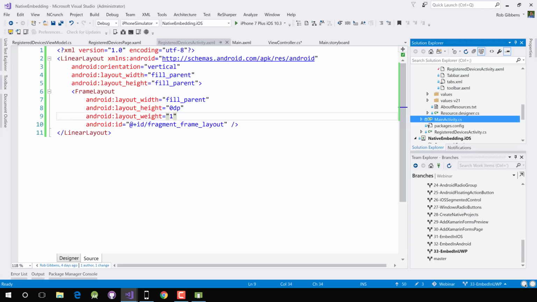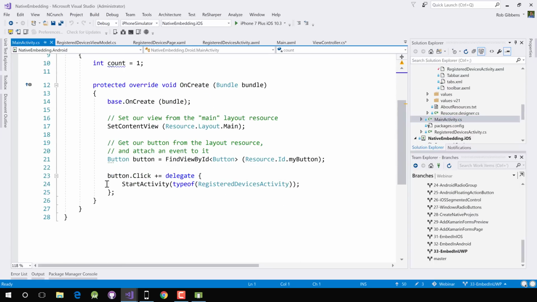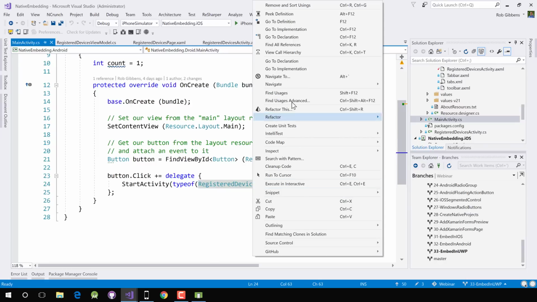And if we look at the main activity, when I click that button that's on my main activity, I'm going to do the start activity method, which is how we navigate in Android. And I'm going to tell it this type of registered devices activity. Again, this is in the Android project. But if I go to